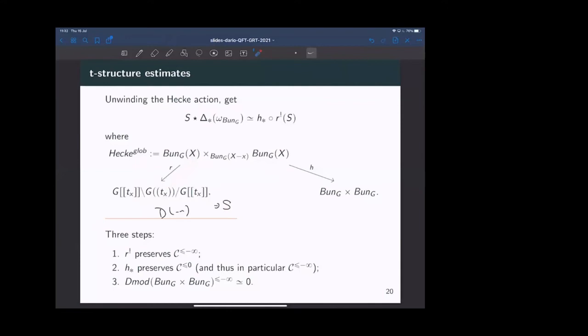And then the third part is, okay, so if you believe part 1 and part 2, you get a shift of a D-module on the product, which is at -infinity. But in this case, there is nothing at -infinity, only the 0 shift. And that concludes the proof. And just remark that this first step is where the geometry lies. And then this is easy, follows from the affineness of this map H. This is easy, well known. This is where the meat is. But I'm out of time, so I'll stop here for questions.